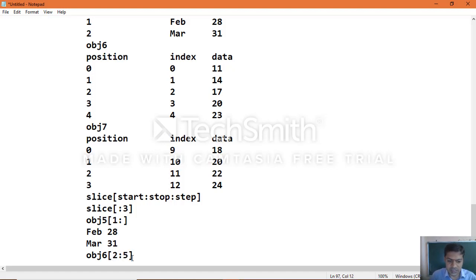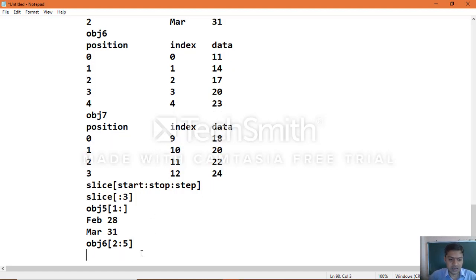In the same manner, when you apply another example, obj 6 of 2 colon 5, here we represented the start as 2 and end with 5. Generally 5 means 5 elements, 0 1 2 3 4, since position numbers start with 0. Now we specified that start is 2, which means from 2 onwards, position values 2 3 4 will be the output.